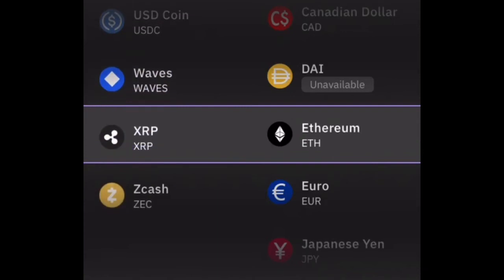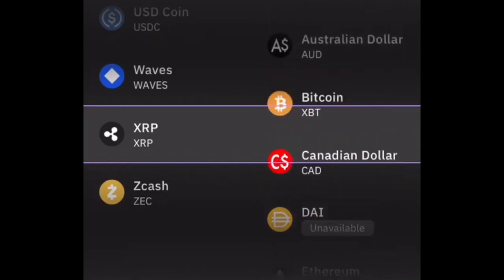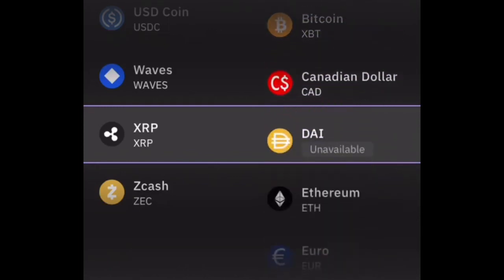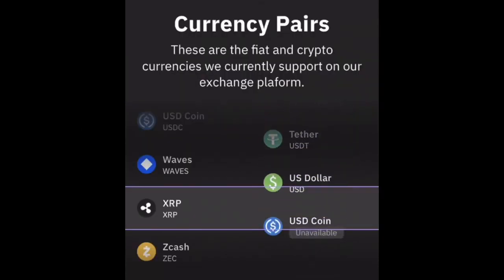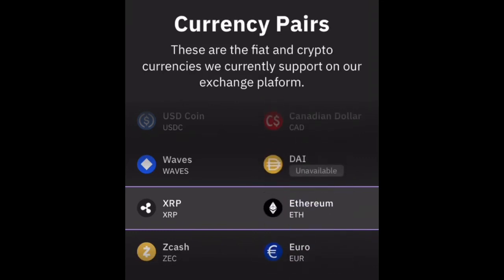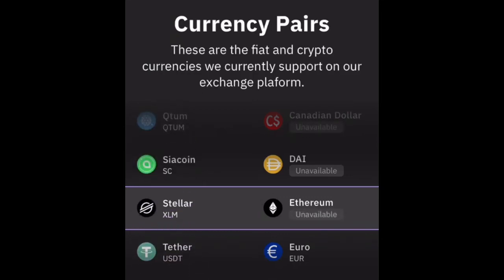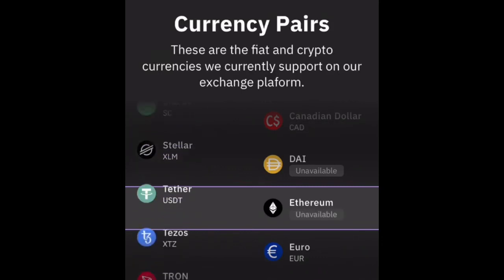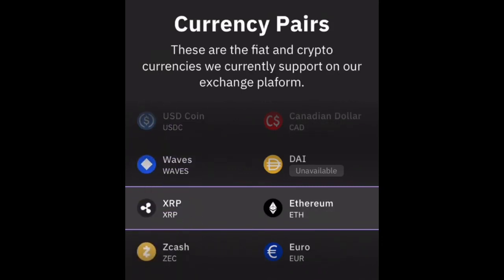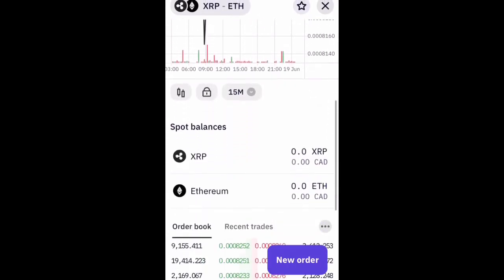So XRP, I can trade that for Canadian dollars, Australian dollars, Bitcoin, XBT. But I can't do it with DAI. You can do it with the Tether. So this shows you the combinations. So with the Ethereum, it'll say unavailable. So I can't go Stellar to Ethereum, which is odd. I would think I would be able to, but anyway, this is how you can see all of your trading pairs. And I can tap, and I can see the 8259 is currently what they're listing the price at,